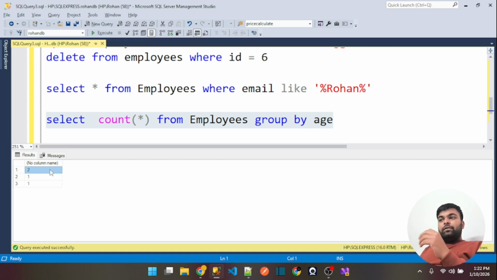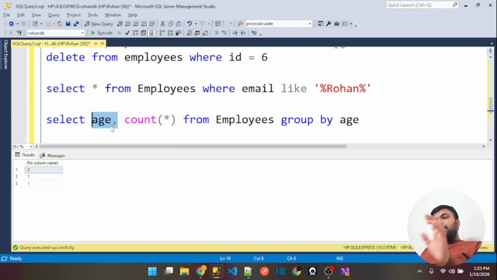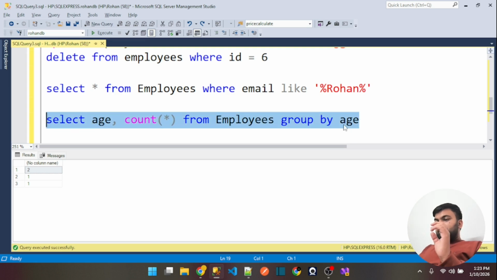like what the employees have been grouped as, two employees, one employee. This is why you should always mention this column as well, so that you get to know that there are two employees at the age of 19, one employee at the age of 20, and another employee at the age of 21. So you should always remember things like this. Now let's understand